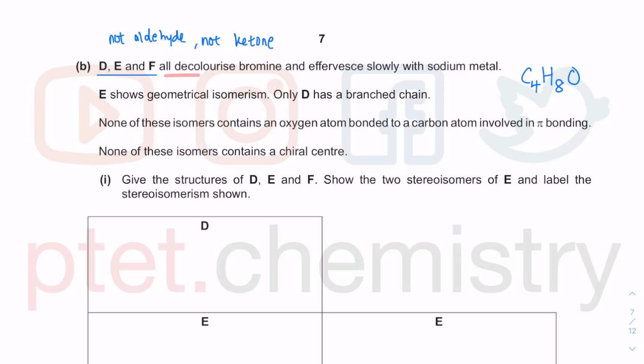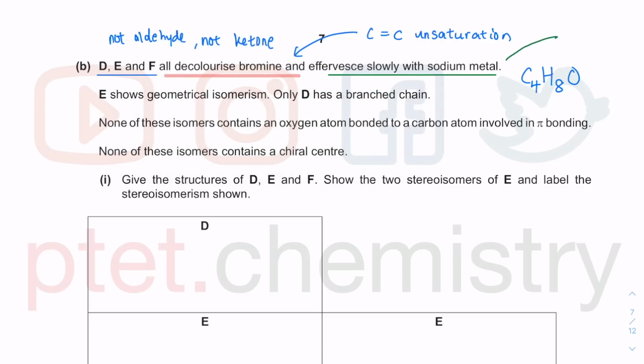But they all decolorized bromine. If they all decolorized bromine, they must have a carbon-carbon double bond. This is called the test for unsaturation. Unsaturated compounds will add bromine onto the double bond, and therefore you will get decolorization of the bromine water from orange or yellow-orange to colorless. Effervescence slowly